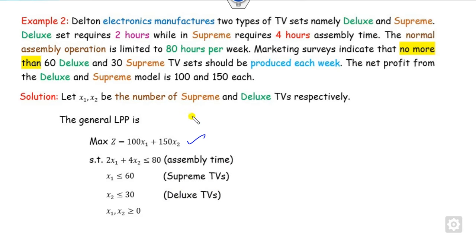So you can easily formulate this problem as here. Once you will formulate this problem, so you can see Supreme, I think I have misprint here. I can consider this is X2 and X1 are here. X2 for the Supreme. So you can see Supreme as a 150 and so on. Again, it is given to you that the 60 there are the Deluxe are there. So you can write like this way.